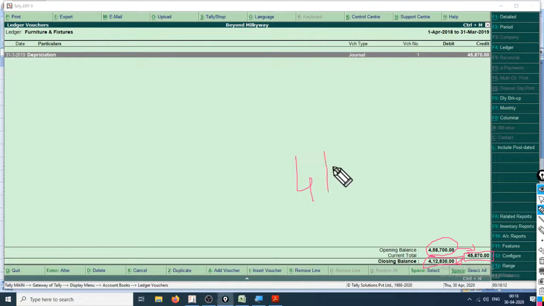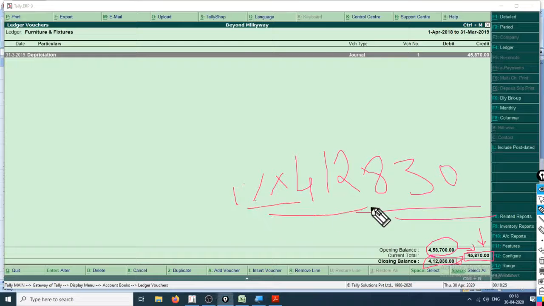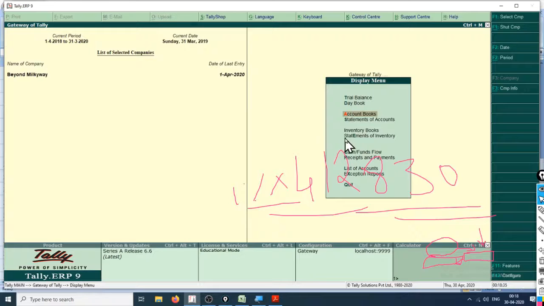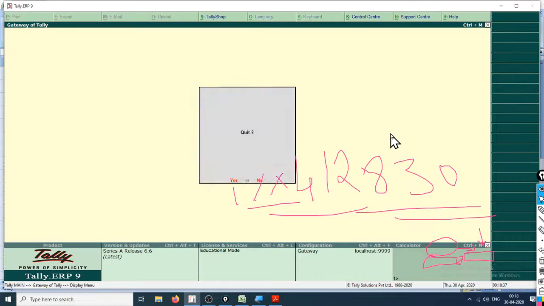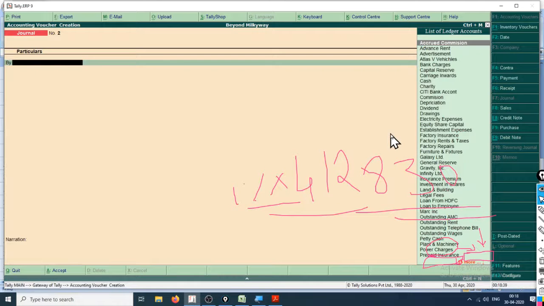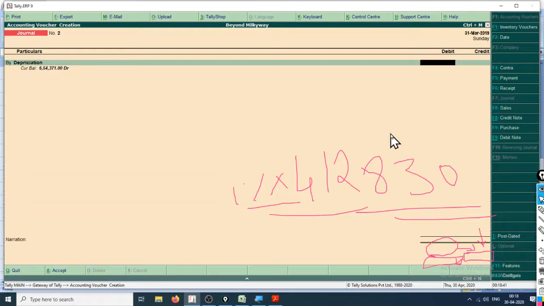Hence, as per SLM, this should continue every year, but as per WDV, 412,830 should be charged at 10%, which is 41,283. Okay, let's try to make that entry also. Control R, accounts voucher, F7 general depreciation.